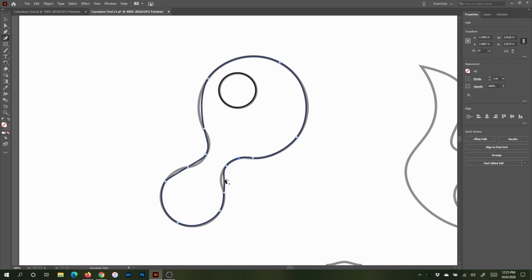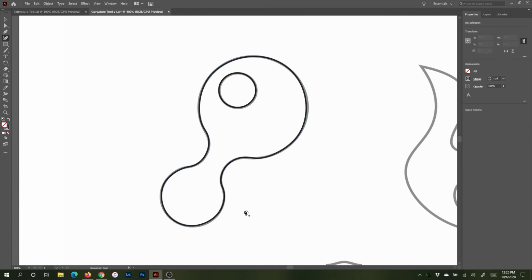And then I'm going to come in here. This part wasn't moving the way I wanted to. I'm going to pull that over and drop another point right there. And then try the same thing over here on the other side. Kind of pull that in, pull this down, and we've got something that's a lot better. We can Control click to